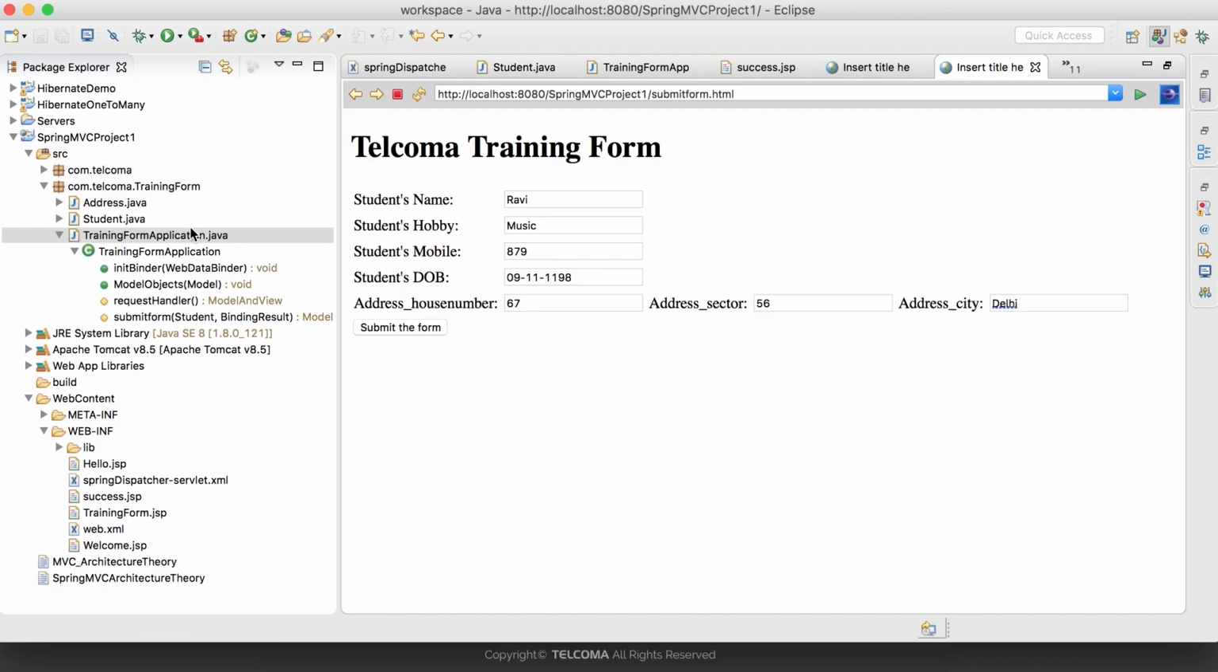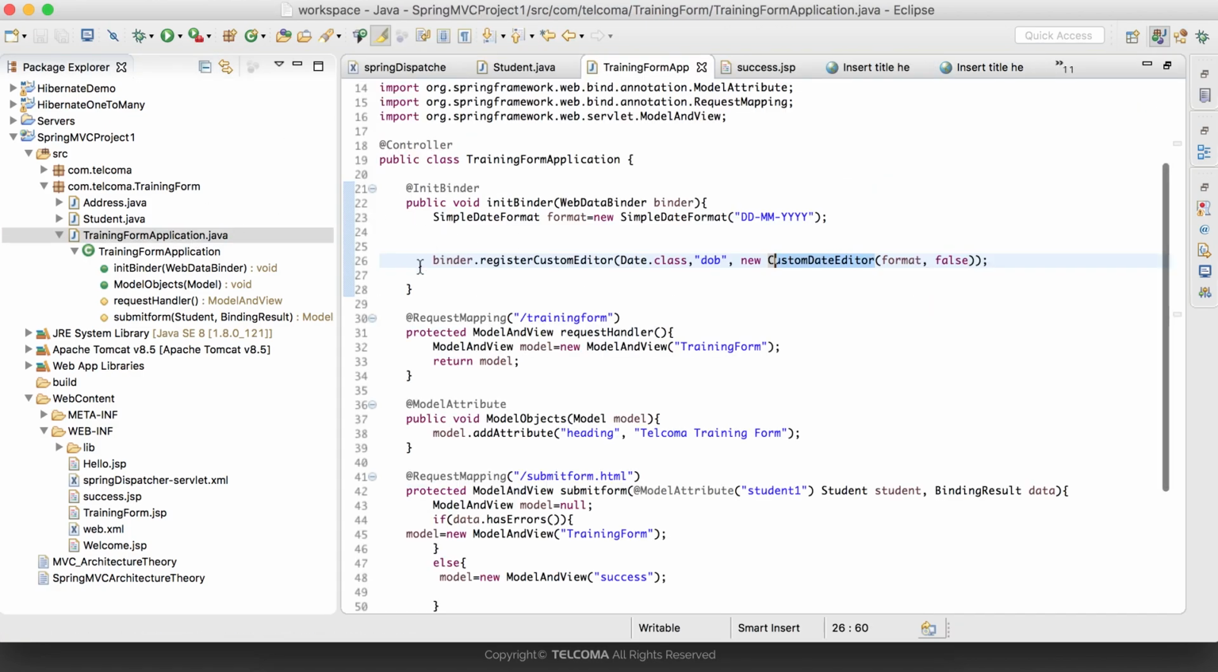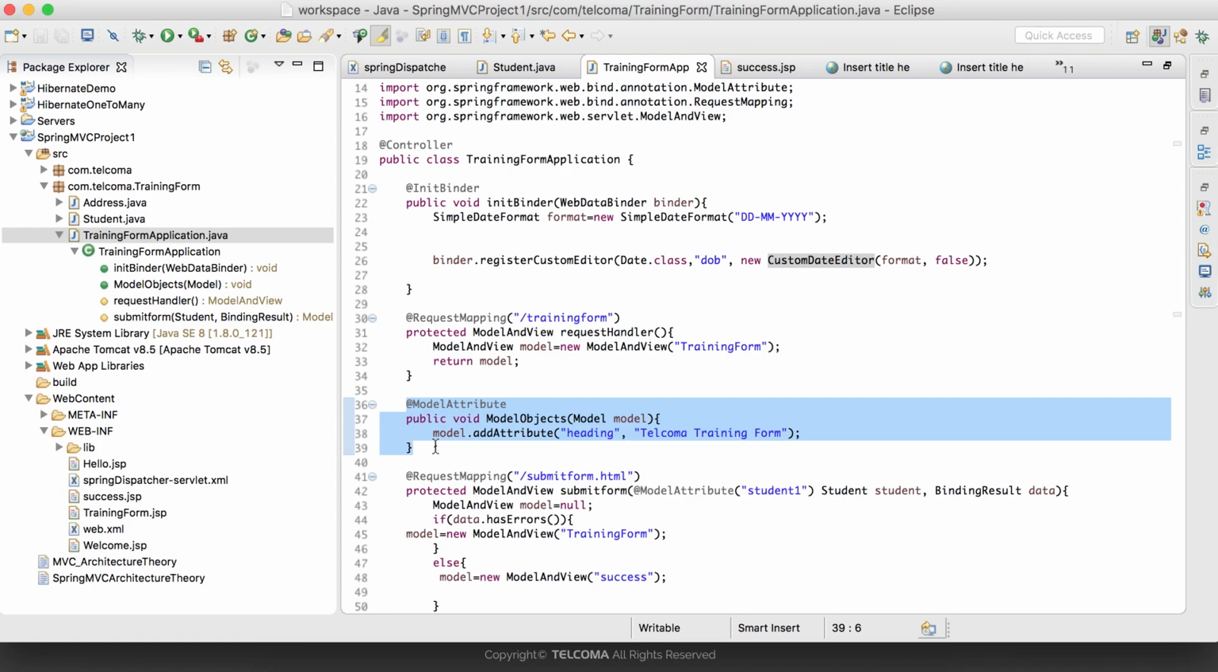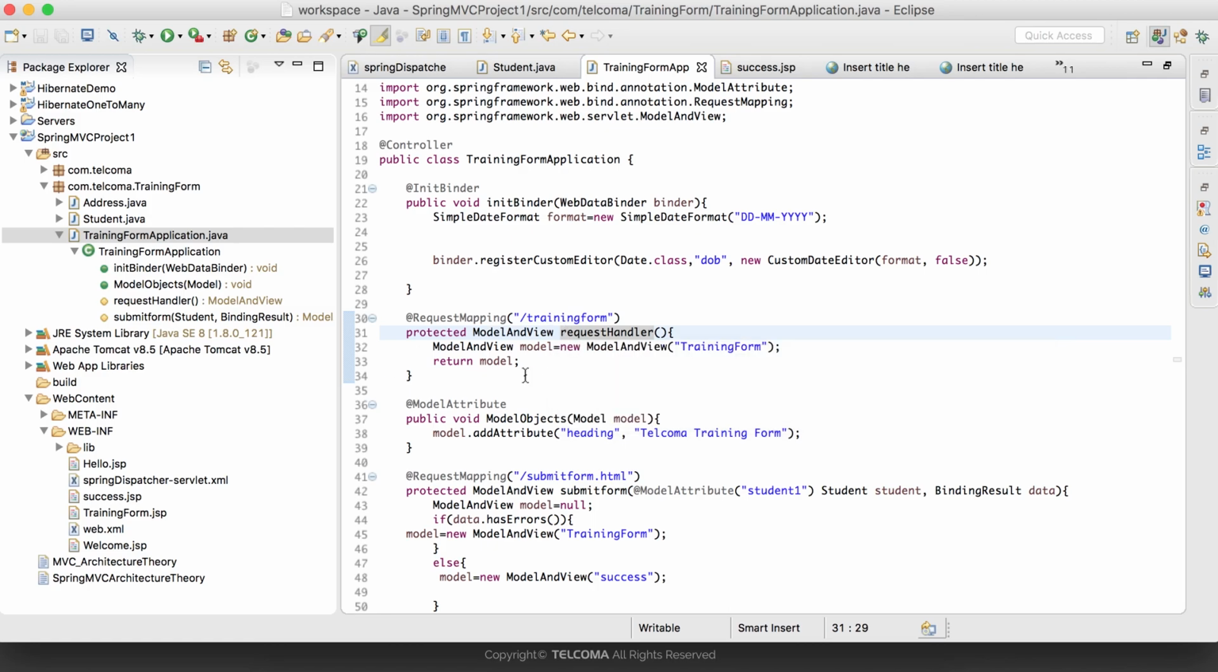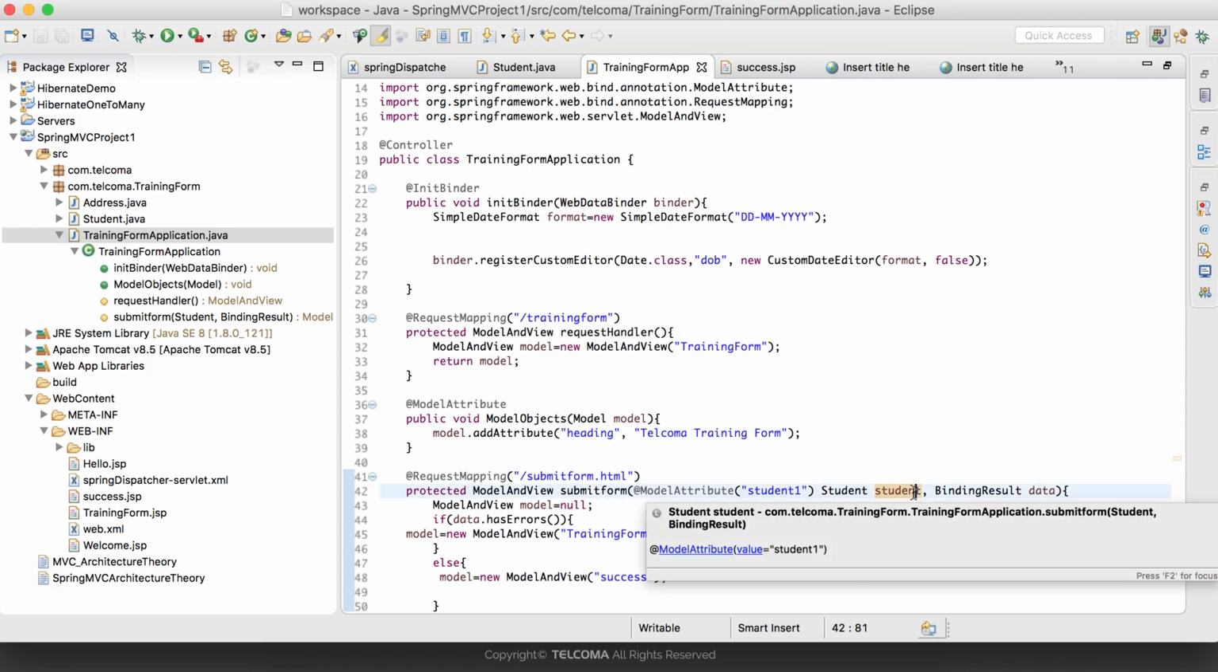First it enters the trainingform.html. So it goes to this controller class. Before going to this training form, it needs to go to the model attribute annotation, see the common objects and add them automatically to all the request handler methods. And it goes to trainingform.html and shows me the JSP file, where the user enters the value, and it goes to submitform.html. It comes over here. While doing this data binding with the student bean class,